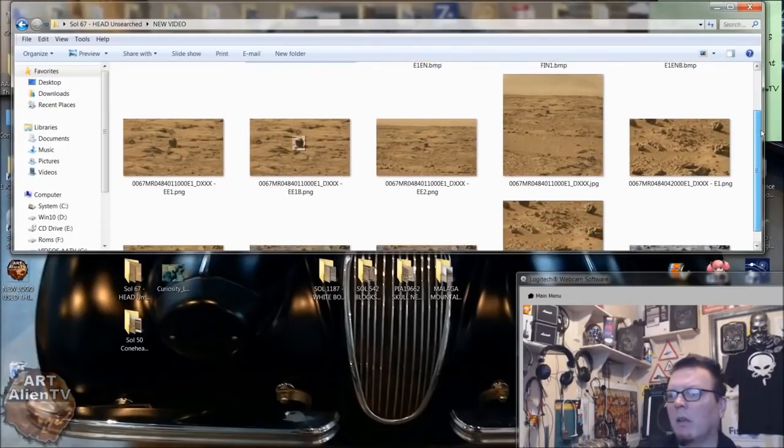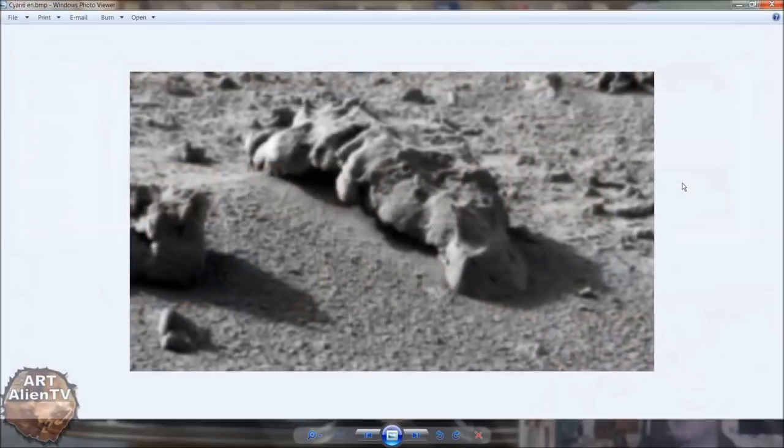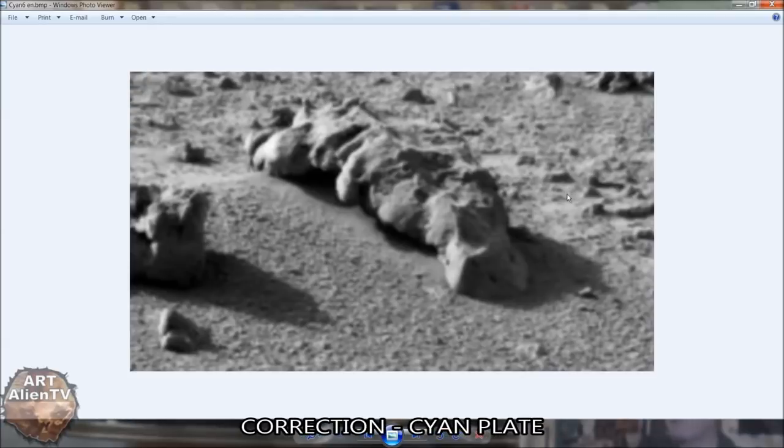There's loads of weird stuff here. There's that kind of hippo-like thing. I'll show you this enhancement because that's cleared it up a bit. This is the black grayscale I've done here, and you can see what looks like a mouth and some nostrils. That also may just be a rock, but it does look to me like there are ribs sticking out here. It's a kind of tangled mess, and if there were limbs on this thing, which they may have been, one here and one here, perhaps,